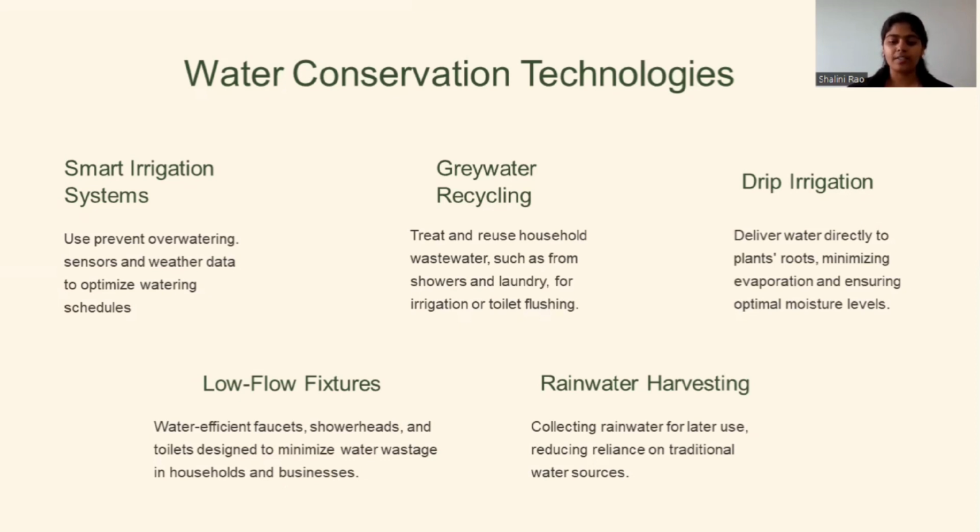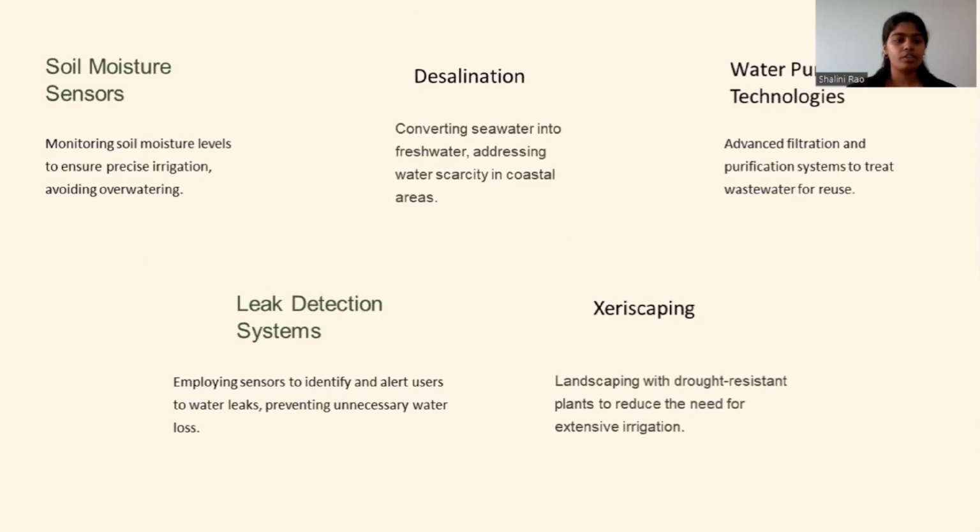Rainwater harvesting: collecting rainwater for later use, reducing reliance on traditional water sources. Soil moisture sensors: monitoring soil moisture levels to ensure precise irrigation, avoiding overwatering. Desalination: converting seawater into fresh water, addressing water scarcity in coastal areas. Water purification technologies: advanced filtration and purification systems to